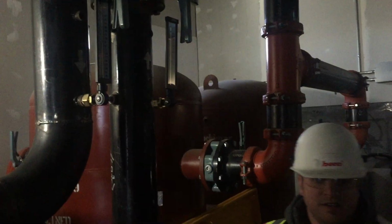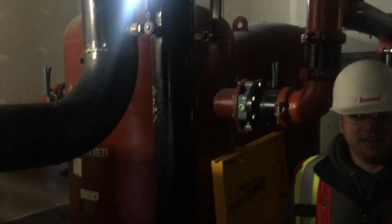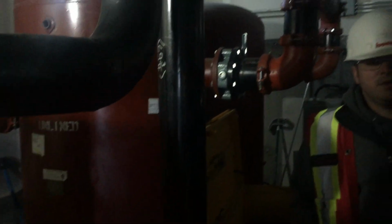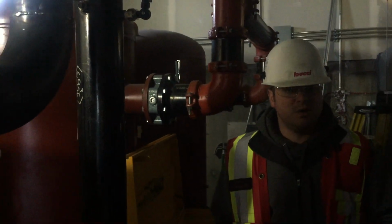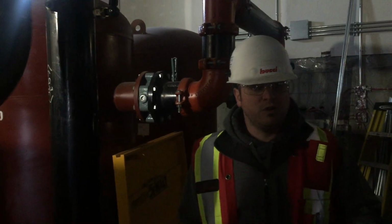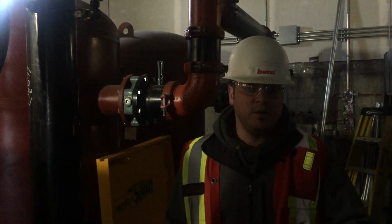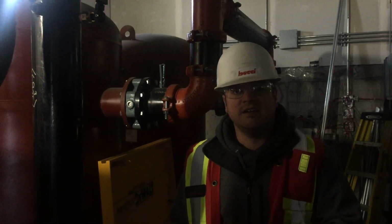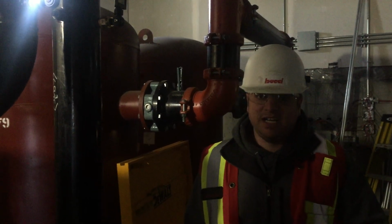The last thing on the tour here is actually on the left side again. These are called expansion tanks. Because temperatures change, the density, it changes the volume that fluid takes, we need to have expansion tanks. Because of the amount of fluid that we have in this building, we can rapidly go from a low pressure, say 30 PSI, we can ramp that thing up to over 100 PSI very, very quickly by just changing the